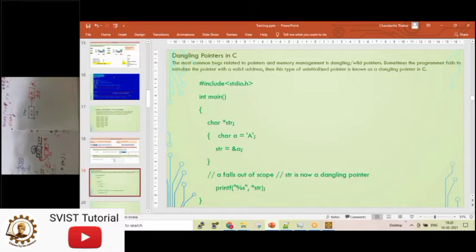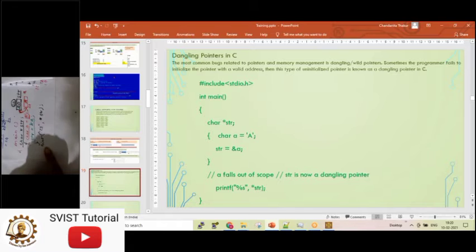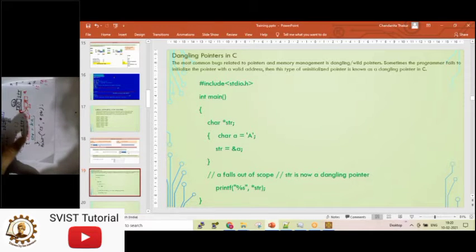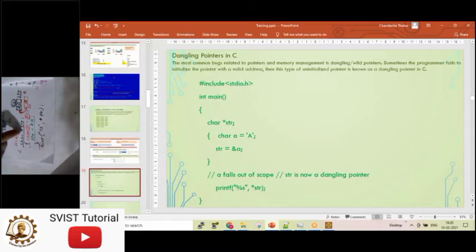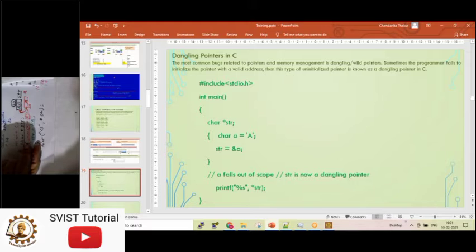So how is it happening? You see here, when we are printing the value of str outside this bracket, it implies this A has local scope inside the bracket. Inside these two brackets, A is declared. A is not declared here along with str. So A will not have scope outside the bracket. This is called the block concept.